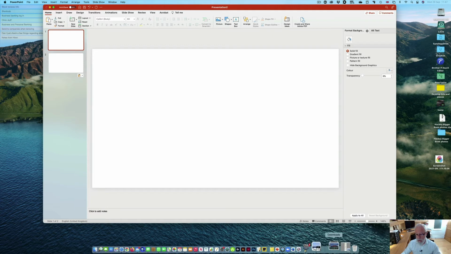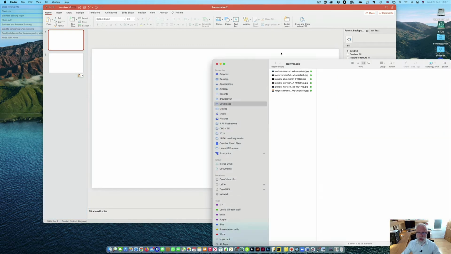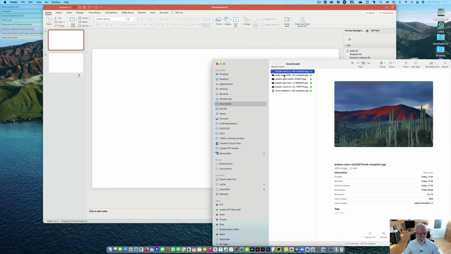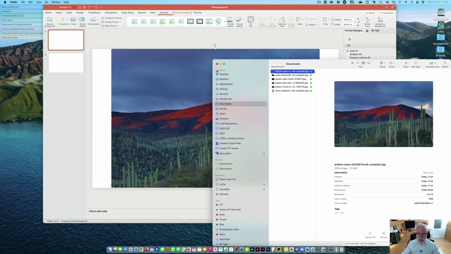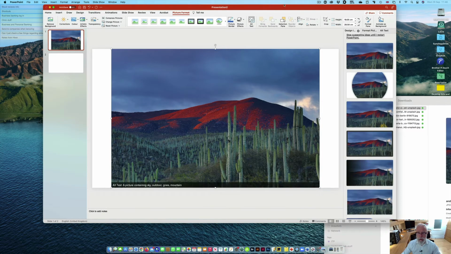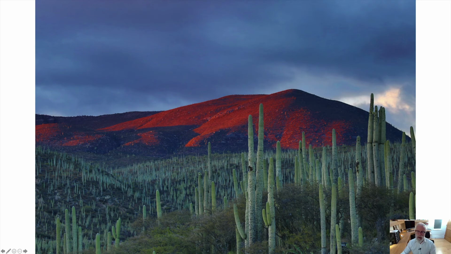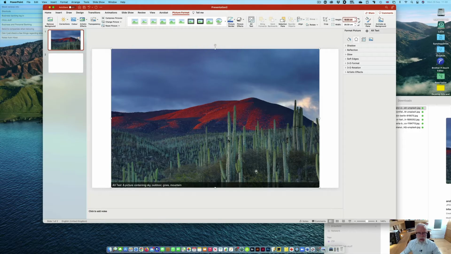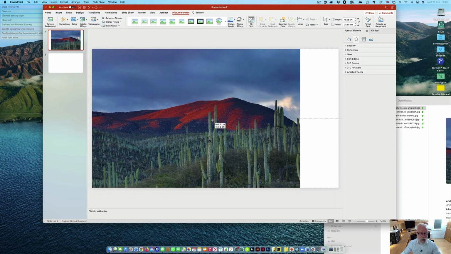you then go to the download folder and decide which image you want to use. That's a nice cacti image. Take that. Would be lovely, nice, high resolution, but if I project that, it's going to look bad because I've got white borders down the side. I need to fill this screen. So I could